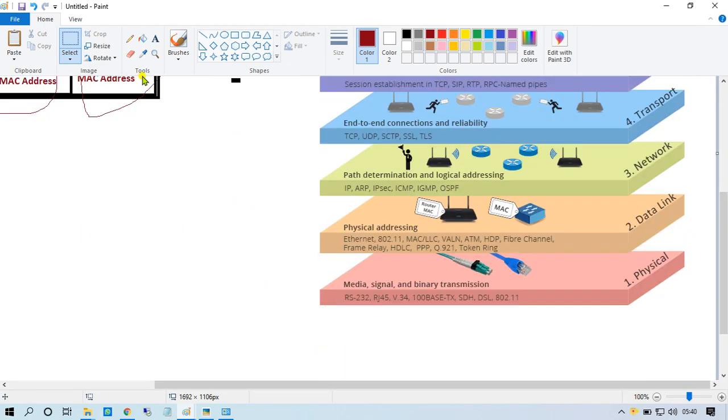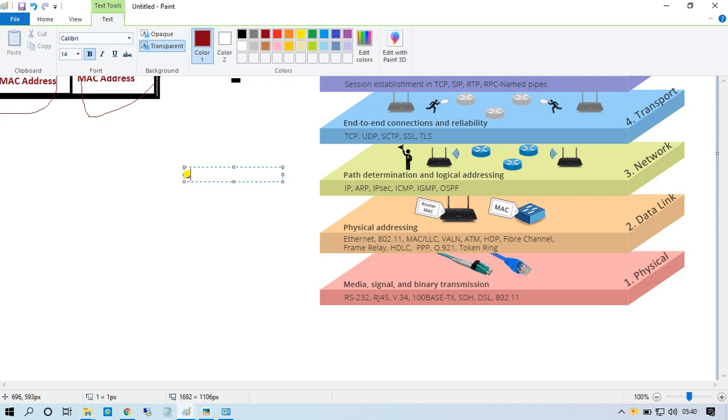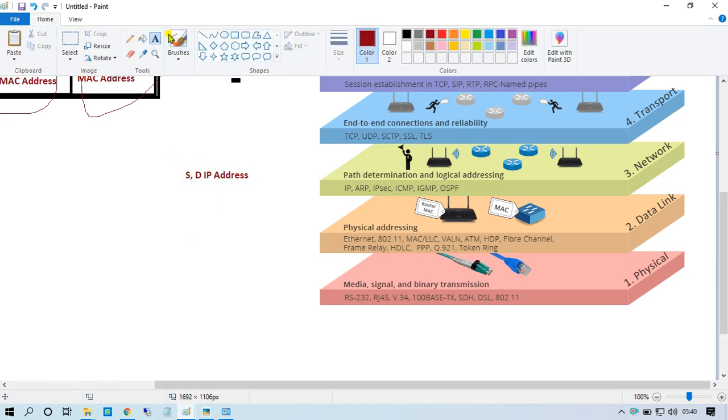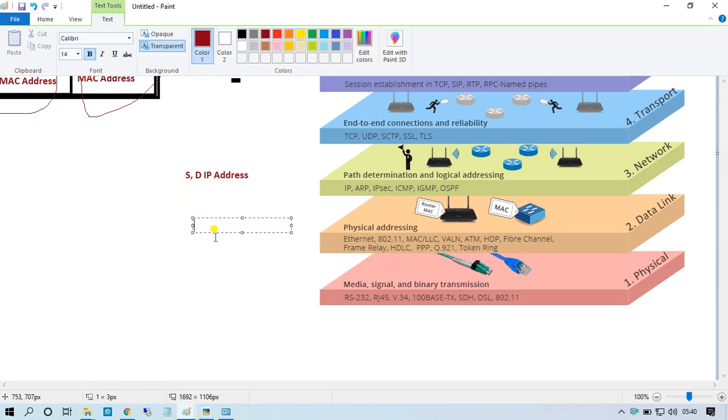How much information do we have right now? We have L3 information, that is source and destination IP address. After that we have only the source MAC address.